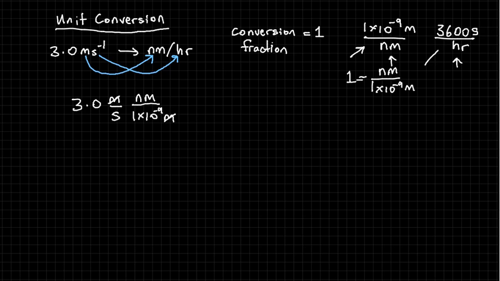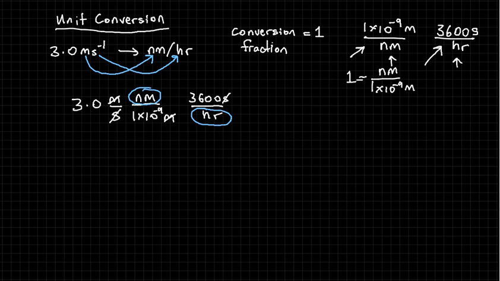And we look over here to our other fraction, and it looks like we can just put it straight in as it is, 3,600 seconds per hour. And you can notice that the seconds cancels with the seconds,